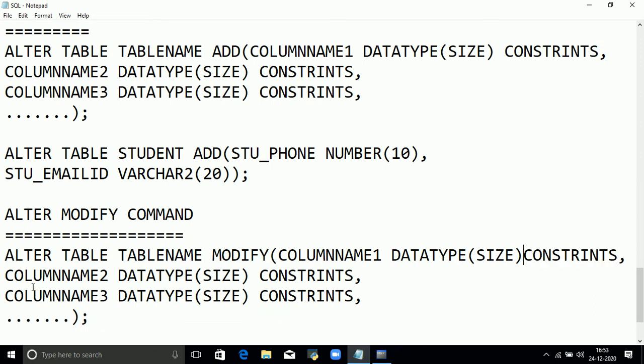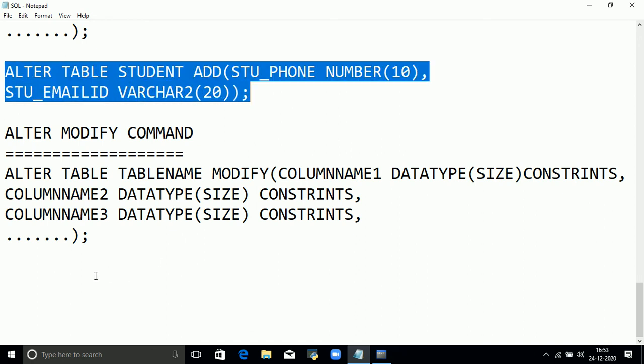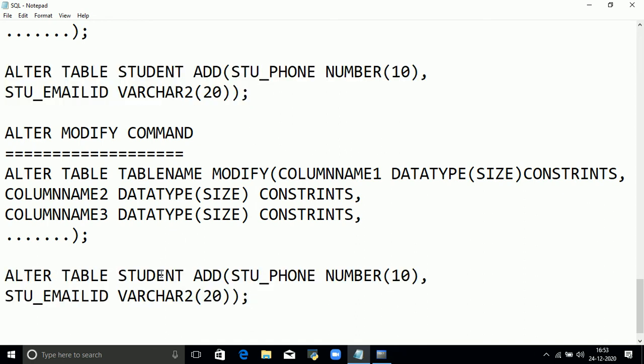Let us take an example. Alter table name, I want to use modify. For example, I want to change the student name data type from char to varchar2 of size 30.